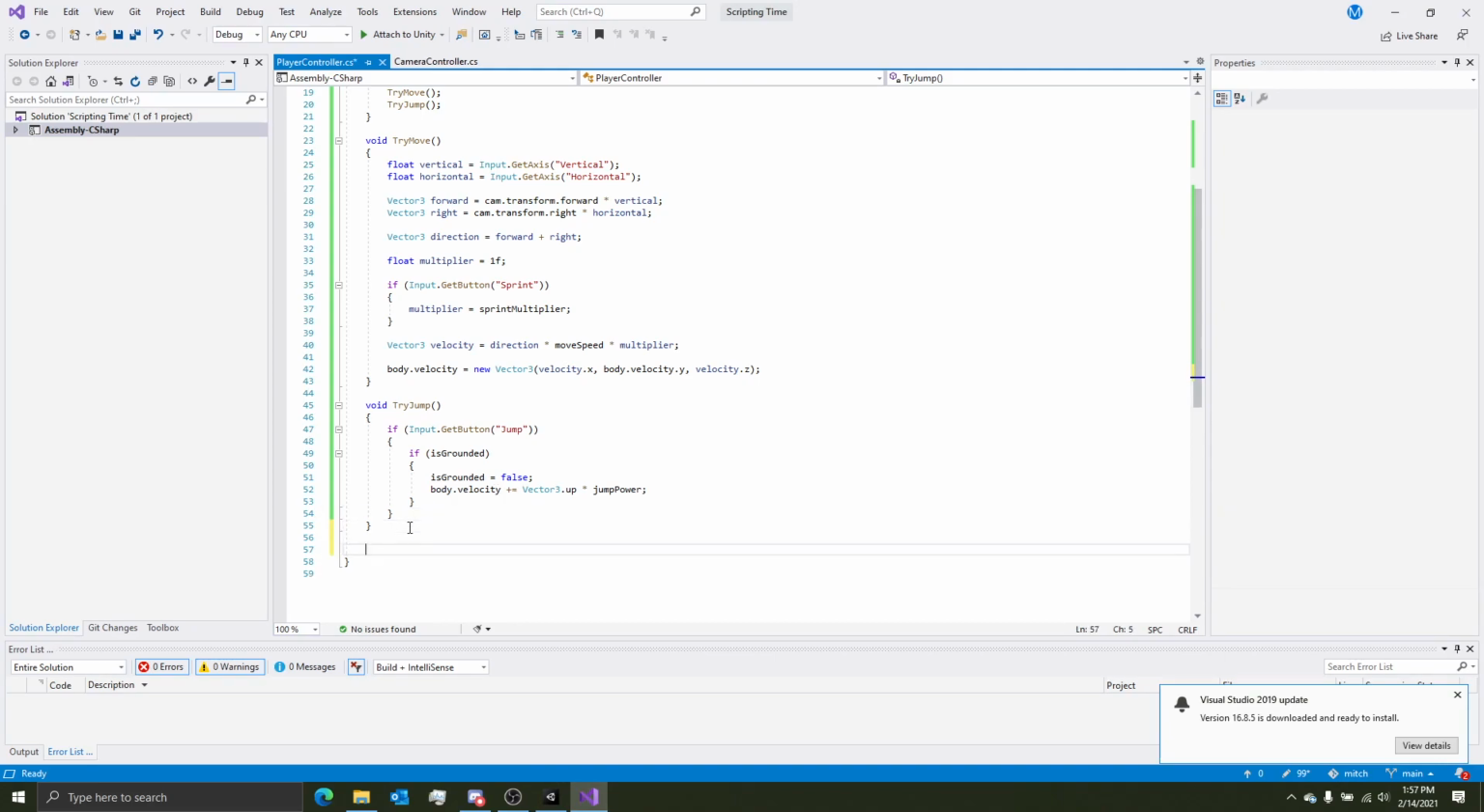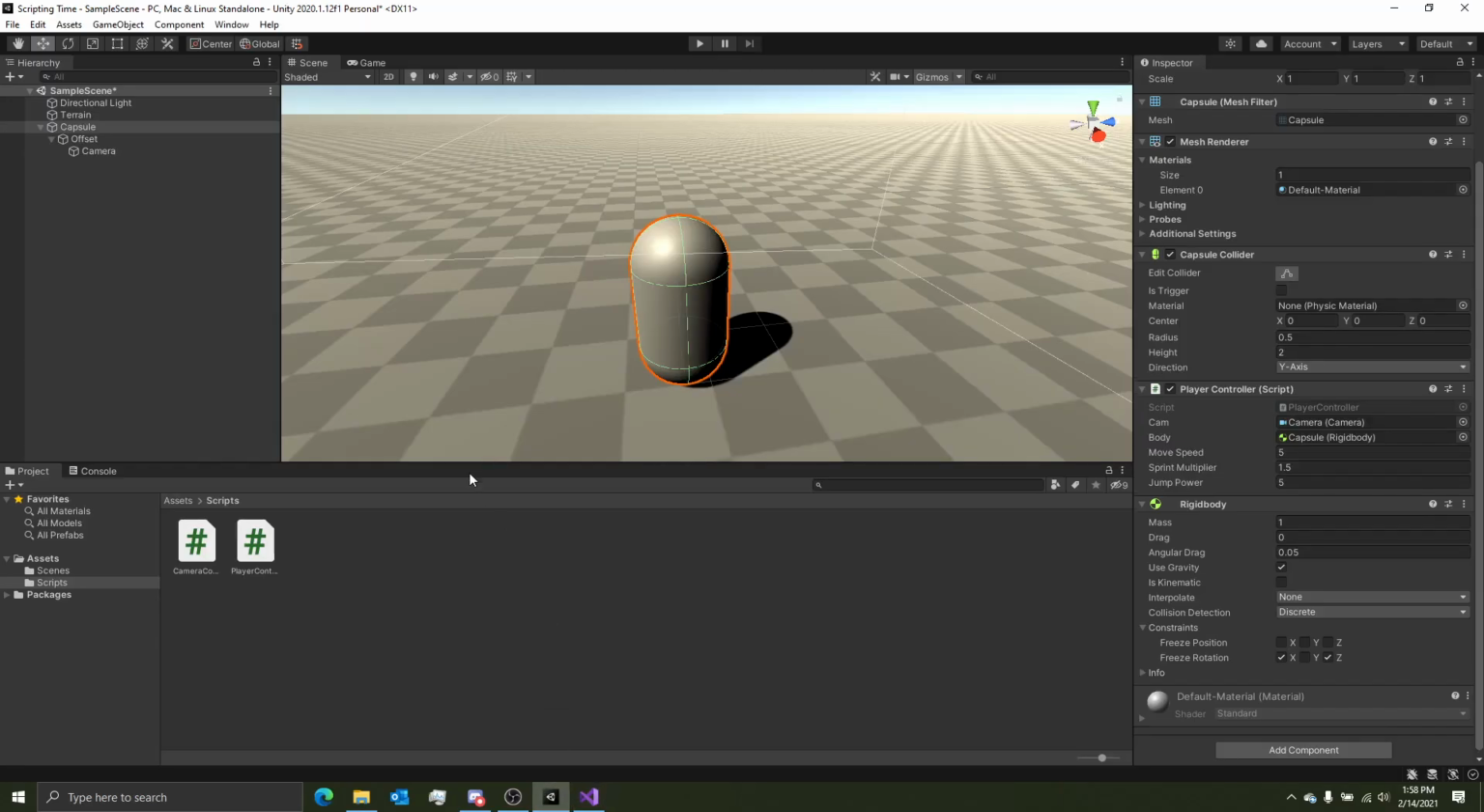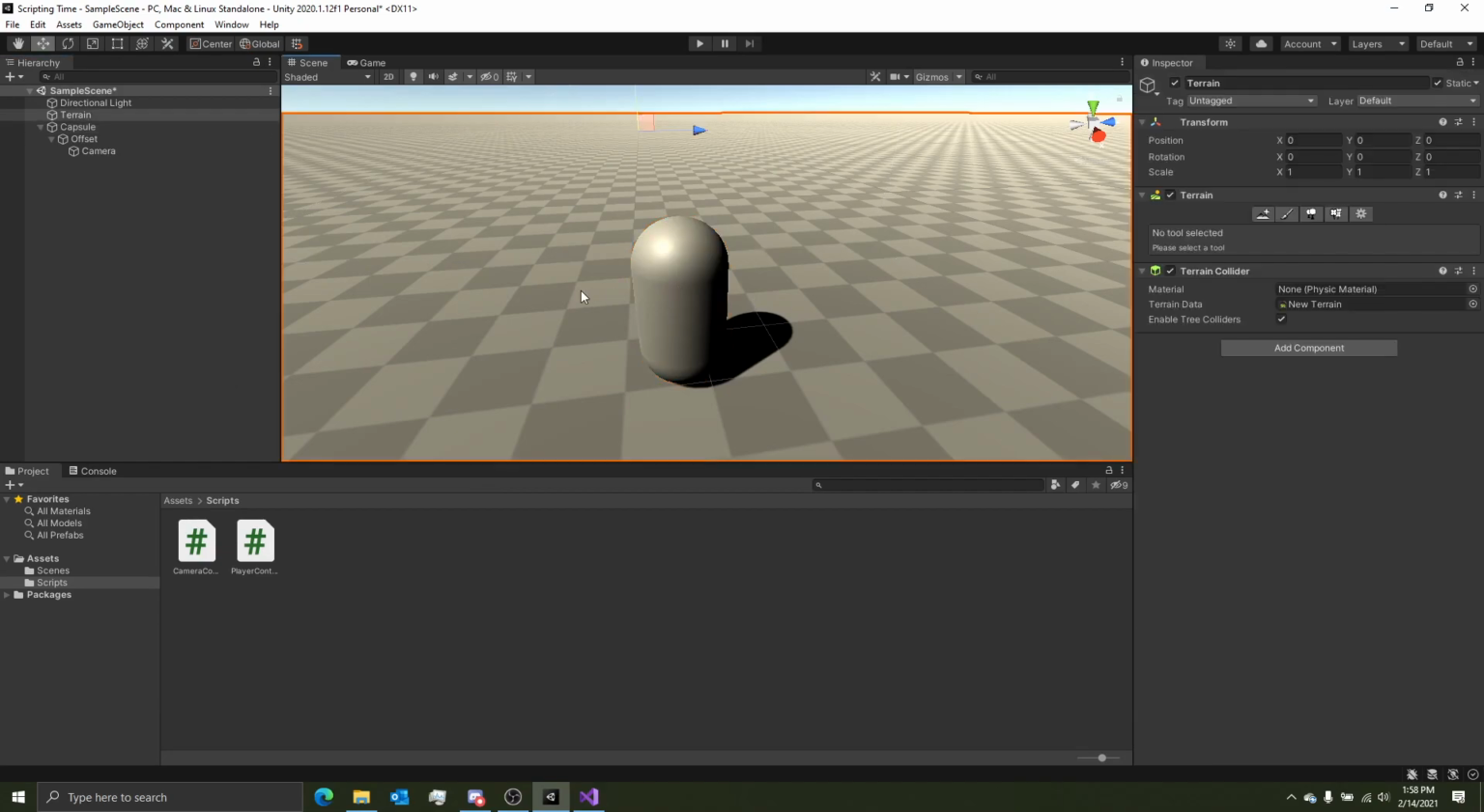So back into the script, there's another built-in function, and this one is called onCollisionEnter. So this function is called whenever the collider on the player collides with literally anything else that also has a collider that is enabled. So we need to do one thing here. So go back into Unity, click on the terrain, and just so we can tell in the code what is ground and what is not,